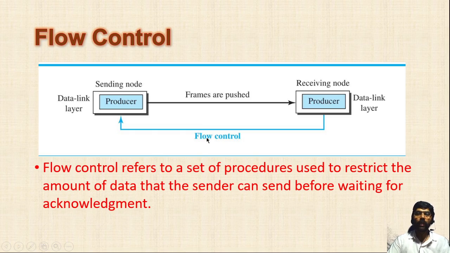You want to eat something and some supplier is supplying food for you. He is continuously supplying the food and you are eating. At the same time, if the supply rate is high, meaning he is continuously giving food for you, you cannot catch the speed of supply. Some of the food is wasted. In a similar way, when the sending node sends the frame,